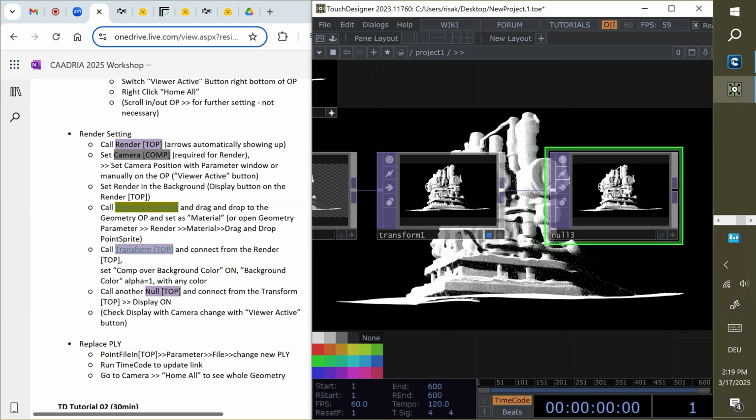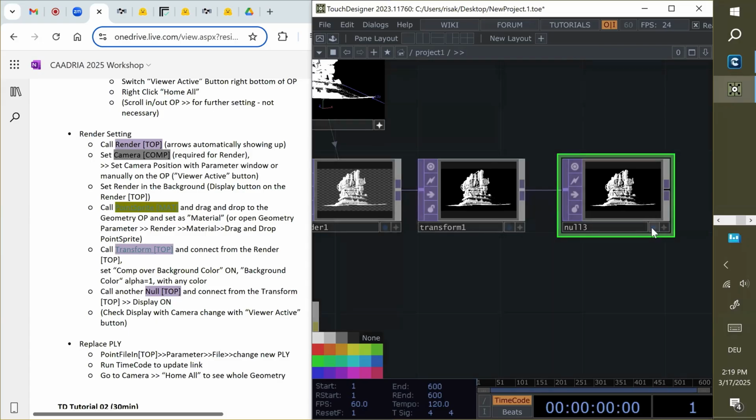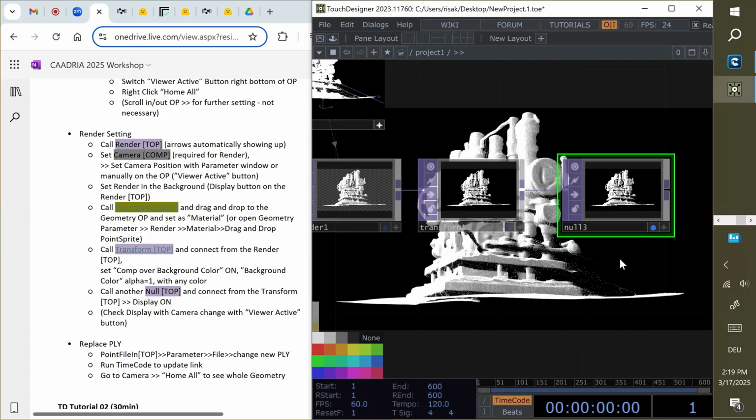But if we connect each other, it's better to have it after this kind of operator. So I just prefer to put null after those kind of stuff. And now I can just turn off this one and then turn on this one. Without this null, it's functioning, everything is fine, but I think it's better to have this one right now.